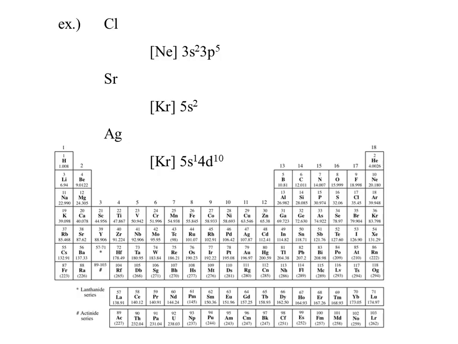And then from that noble gas, I want you to start counting out what we have. So obviously the noble gas is krypton, right? So krypton, and then we go over here and we're like, okay, so this is the fifth period, so this would be 5s2. And then we start counting out the 4Ds. Remember, these are the